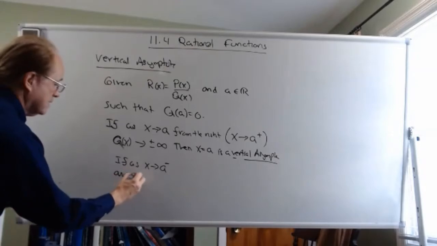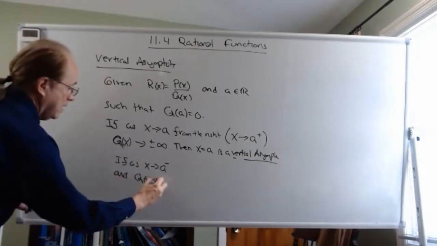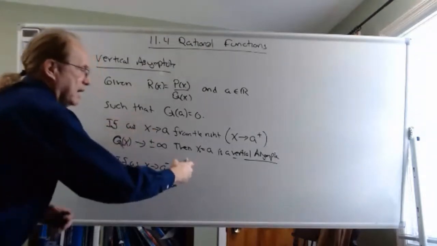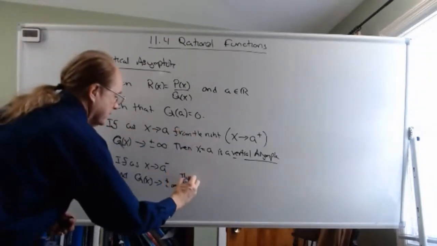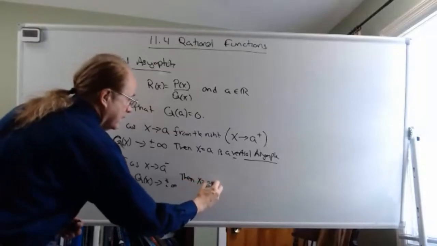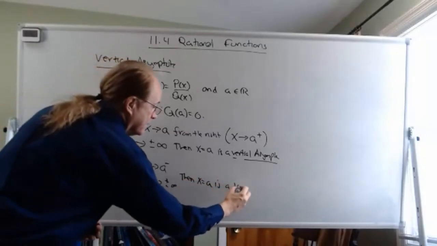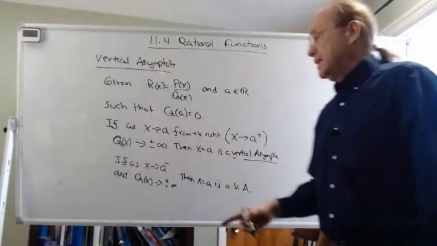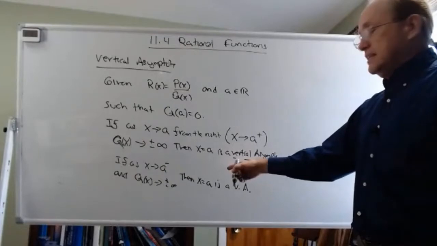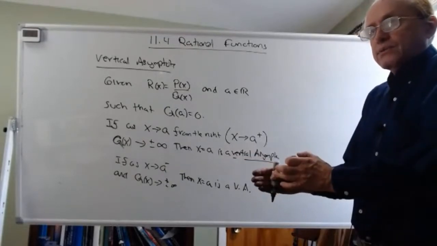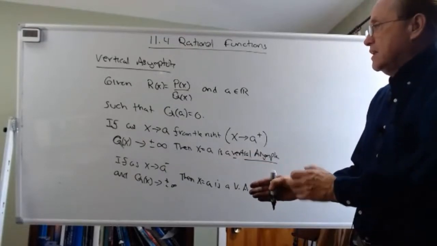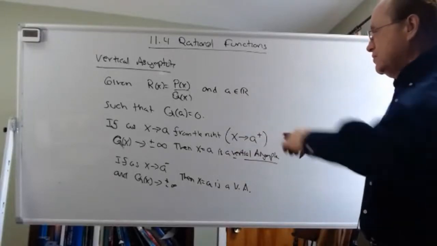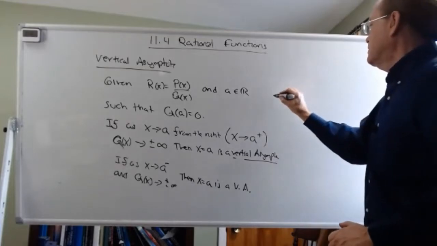And q of x approaches either plus or minus infinity, then x equal to a is also a vertical asymptote. It has to go to either plus or minus infinity. In the other case, it didn't. It just went to a fixed value, so it didn't go to plus or minus infinity. So this is our definition, and you can see it graphically